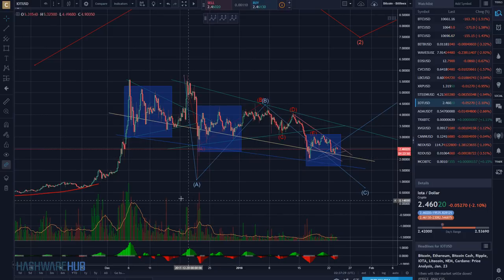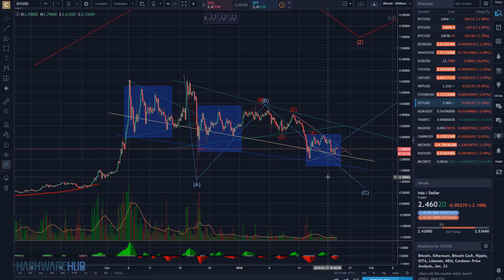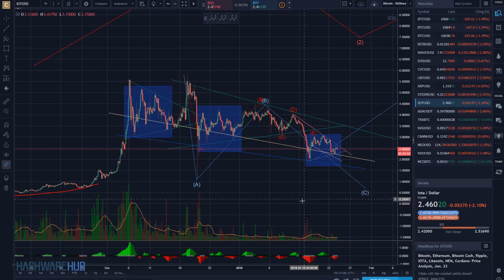We see how this fractal pattern right here, and then the market shoots up. Then this fractal pattern over here, and the market goes up a touch. And then we see a similar fractal pattern right here. Maybe the market will go up, maybe not. That's kind of what we're thinking.